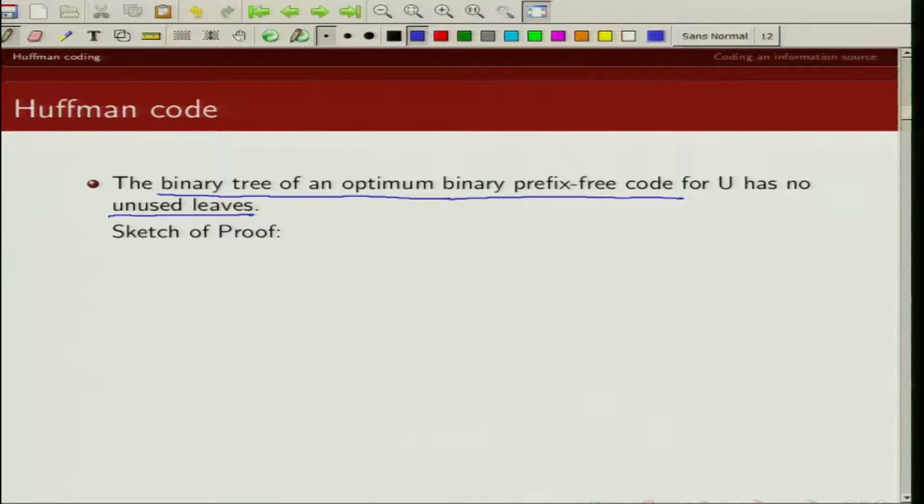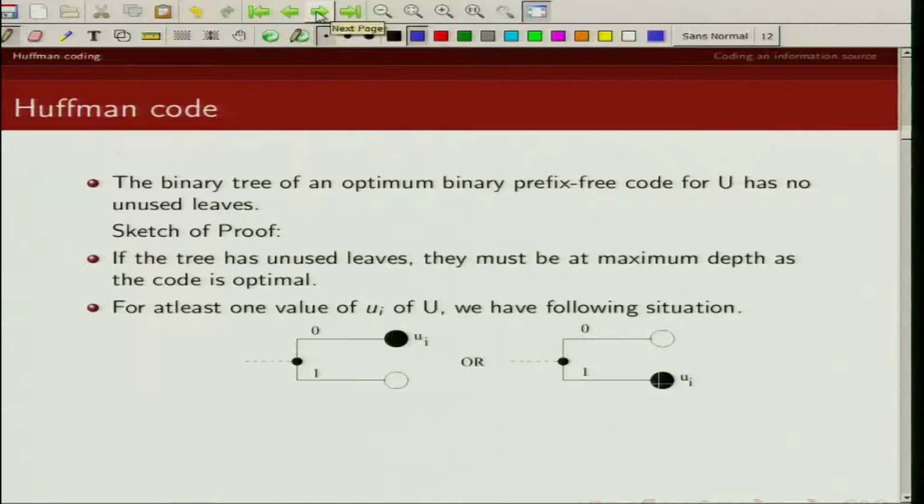So the first claim that we are making is, if we have a binary prefix free code which is optimal, and if we map it to a binary tree, then there should not be any unused leaves in this binary tree. Let's prove this by method of contradiction.